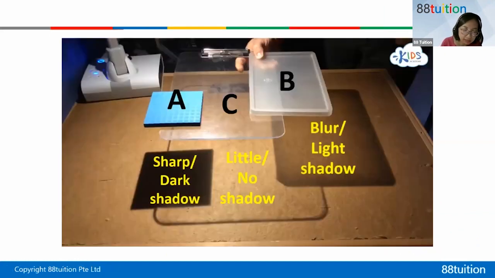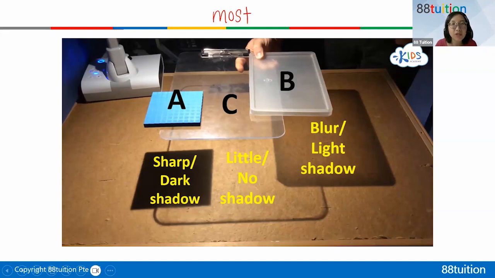So if you look here, can y'all tell me which material allows most light to pass through it? So I have most. A, B, or C. Can y'all type into the chat? Which material? I got material A, material B, and material C. Which material allows most light to pass through it? 5 seconds. Type into the chat. Is it A, B, or C? 5, 4, 3, 2, 1.